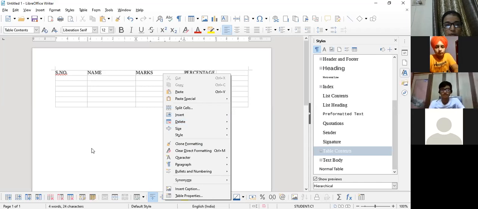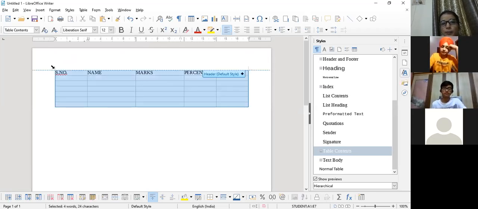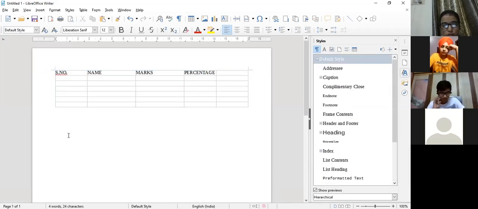Next it is about copying a table. Copying means your table should be duplicated, means one we already have and another I want to insert. So in place of following all the steps again, you just copy the table. How will you copy it? First of all, you have to select it by the corner. You can select, Control plus C, Control plus V.